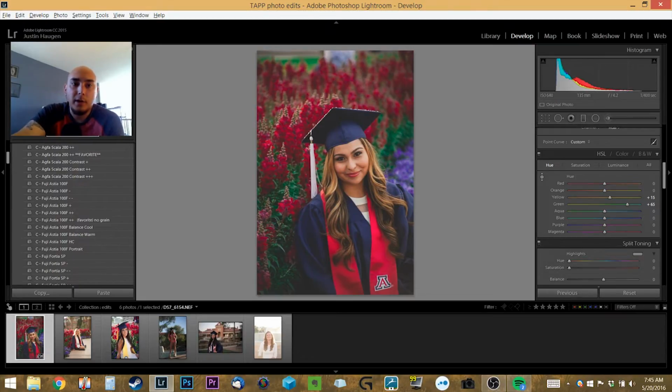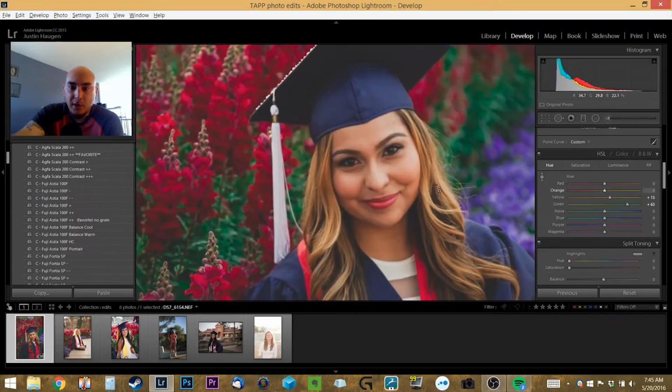And another cool thing you can do with it is when I go in here and I have this still selected, I can click on skin tones, and I'll show you a drastic edit here. I'll click on it and I'll push it up farther. You can make people's skin tones greener, yellower, or redder. And where this is handy is, let's say she did look like she was incredibly sunburned here. I could click on these redder skin tones and push it more yellow and return it to a more